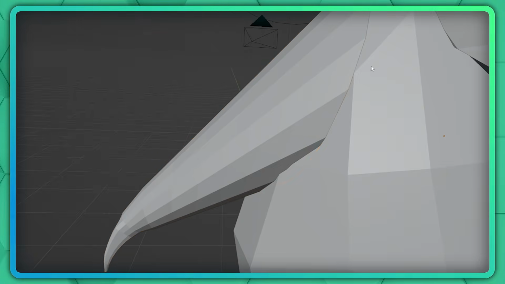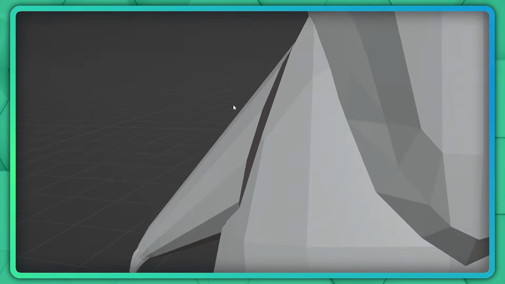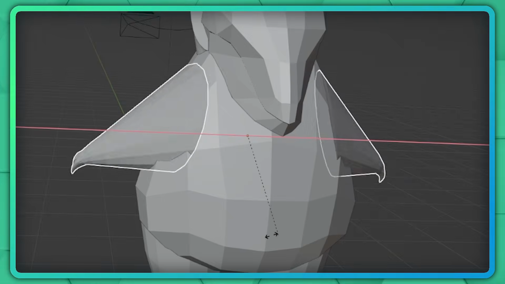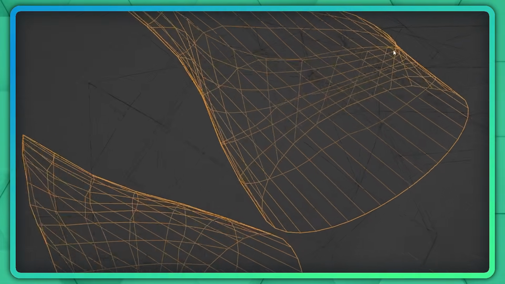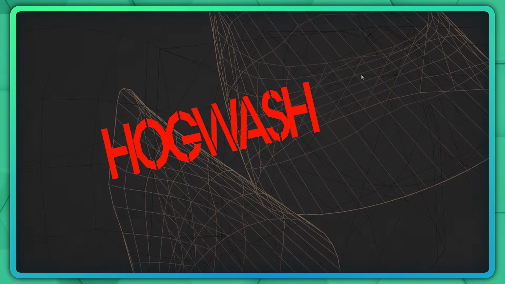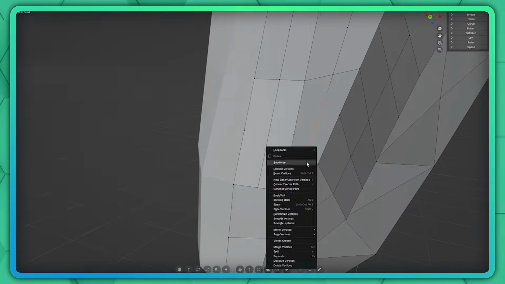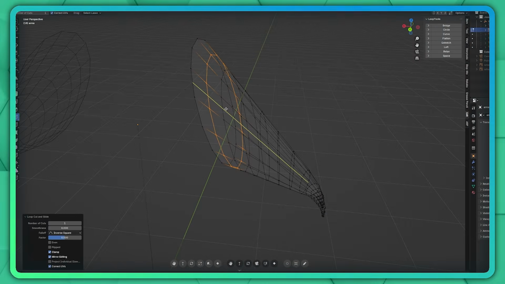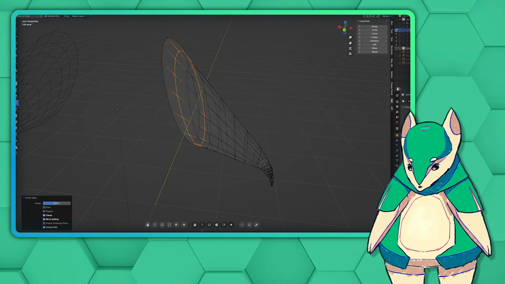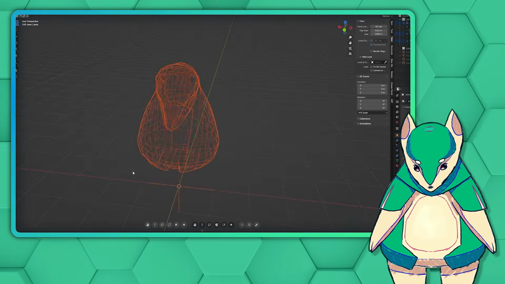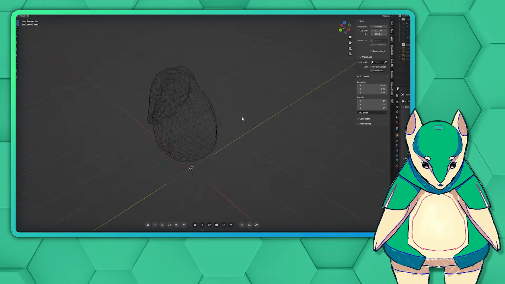It's missing a ton of detail, not to mention the shell plates, all the parts are disconnected and would clip through each other weirdly, and most importantly, the topology is complete hogwash. So I had to start by refining, reshaping, and struggling through remeshing this model piece by piece until it was a relatively cohesive collection of meshes made of relatively small and uniform polygons that wouldn't stretch and twist weirdly in